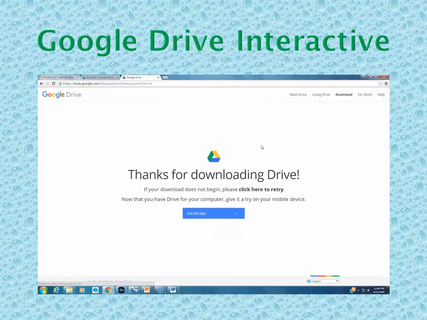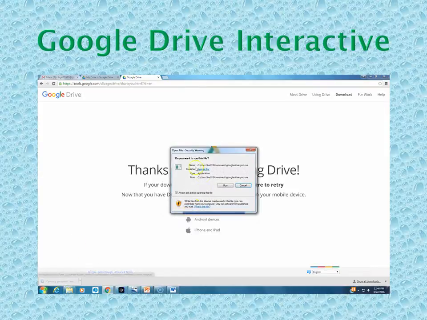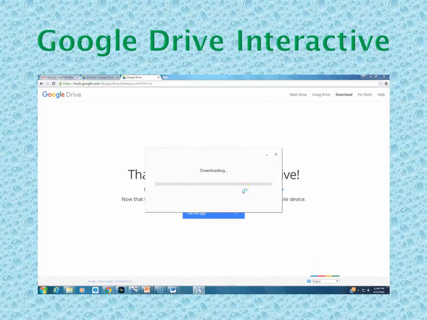So I'm going to accept their terms, and it's downloading now. Once it's done downloading, I'm going to be able to access all of my stuff from my computer itself. So let's let that go ahead and download. And once it is complete, then we're going to be able to get into it a little bit more. And I'll be right back once that's done.